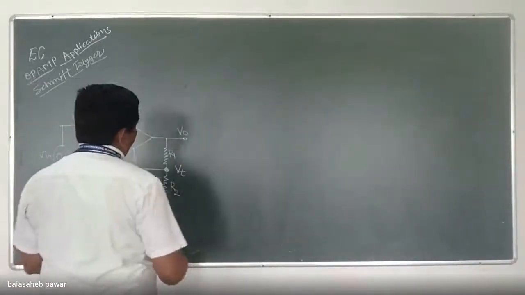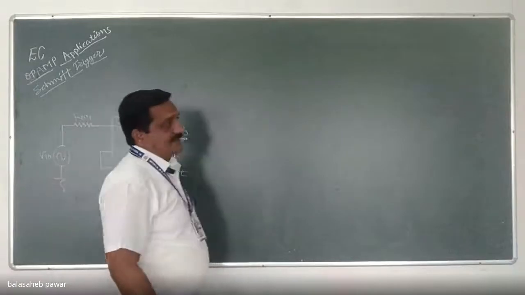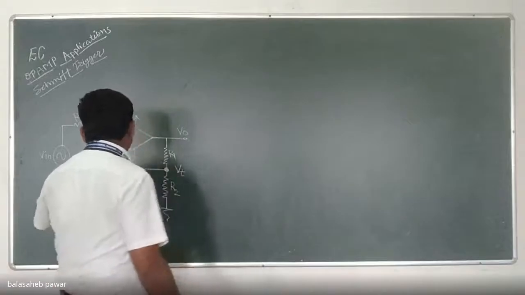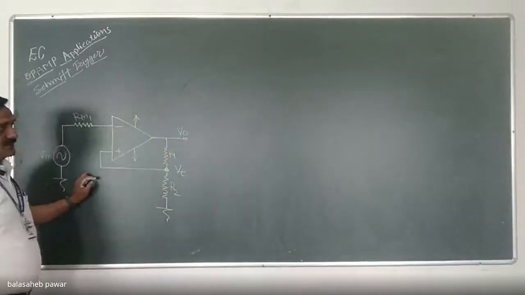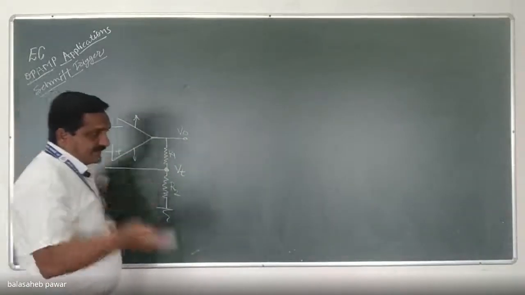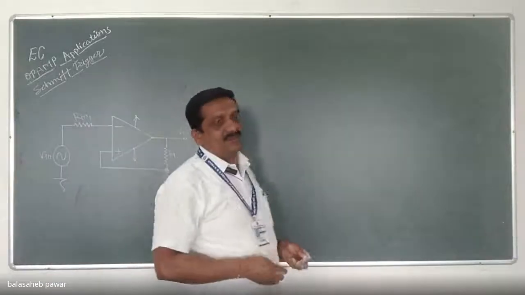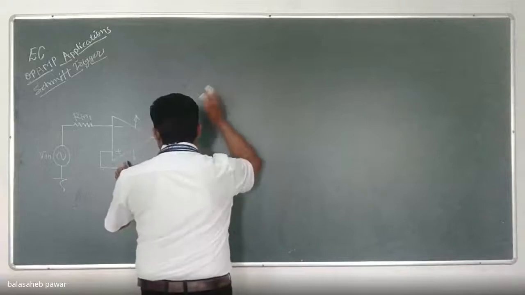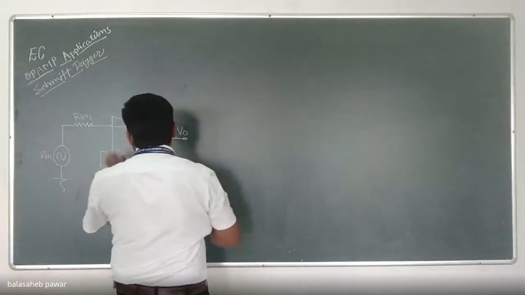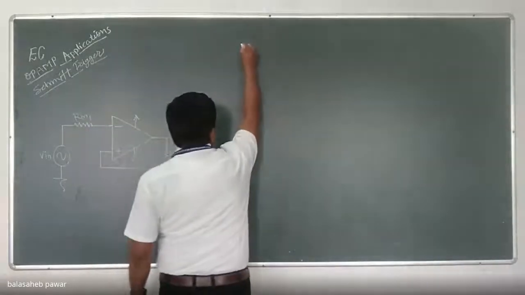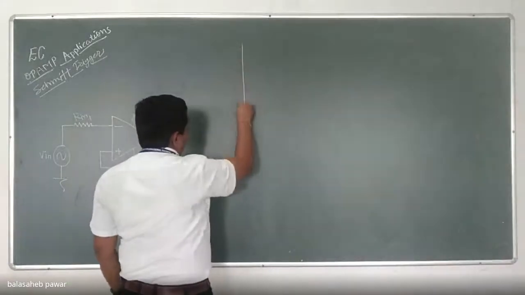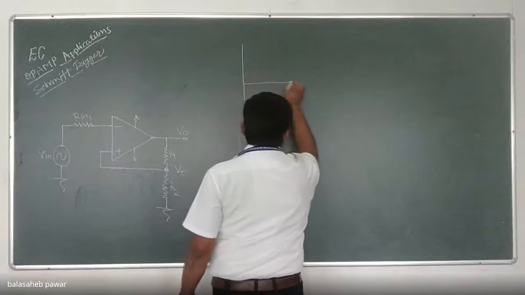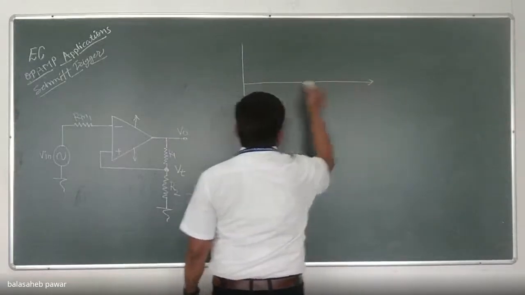Now remember that VUT and VLT are working as reference voltages, right? In case of ZCD, that reference voltage was 0, and that's why there is a problem with that circuitry becoming unstable, right now. So to improve the working of that ZCD, we prefer positive feedback, and that circuitry is known as Schmitt trigger. So in the Schmitt trigger circuitry, there are two reference signals. The two reference signals are VLT and VUT.